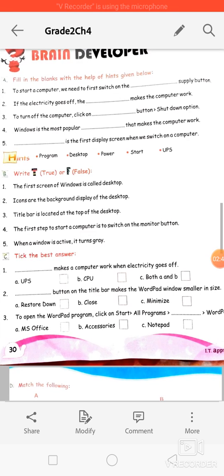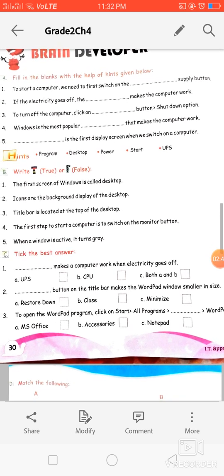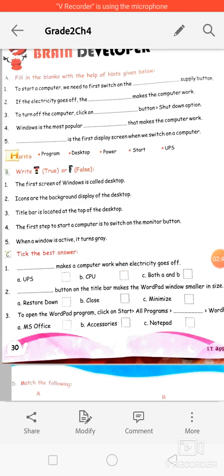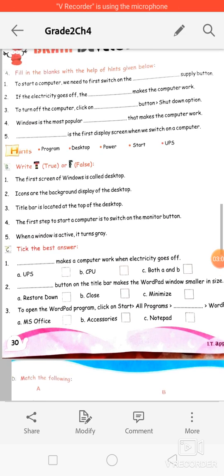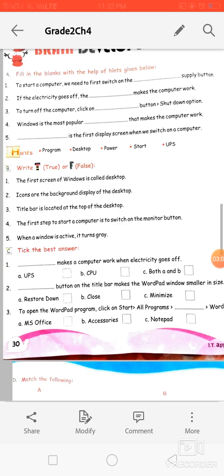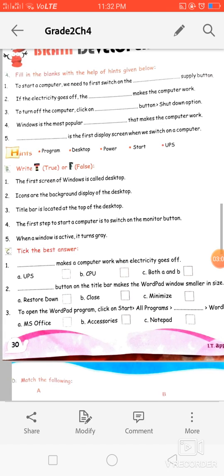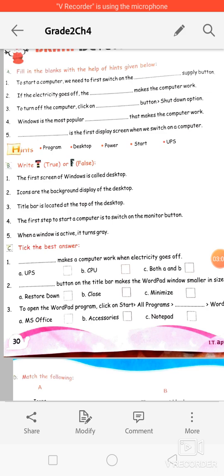So the first is true. Second is, icons are the background display of the desktop. No, it is false, because icons are the small pictures that we can see on a desktop. They are not the background of the desktop. So the second one is false.